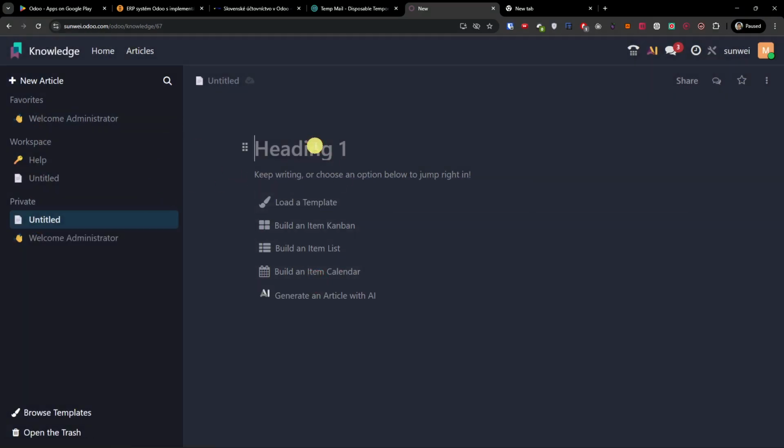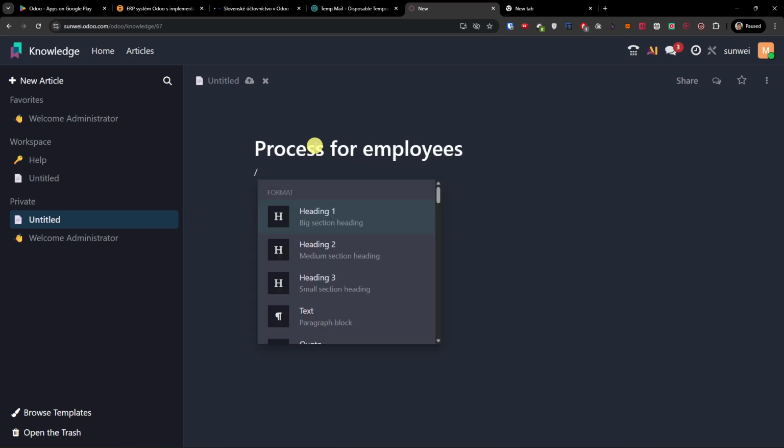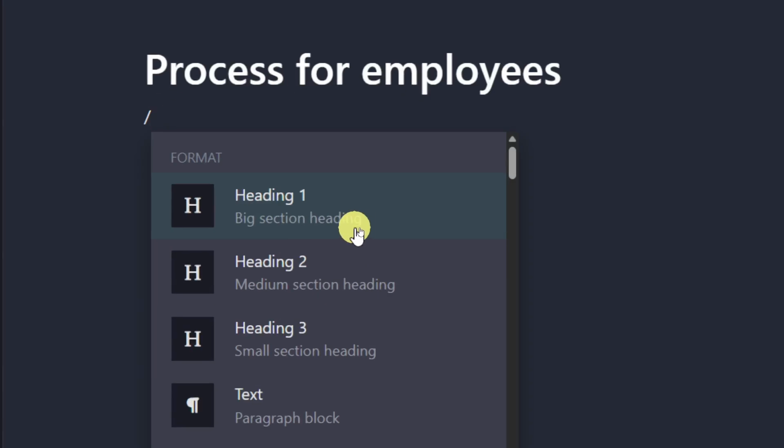So this is kind of similar, but kind of not, to Notion. I don't know about Notion. So heading, so this would be like process for employees. And what you can do is that you can start writing and you're going to have various formats like